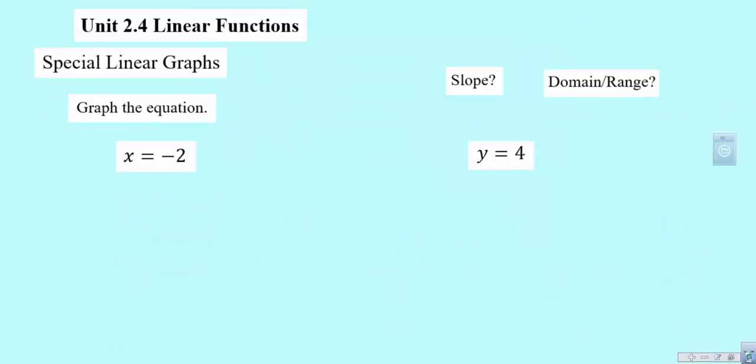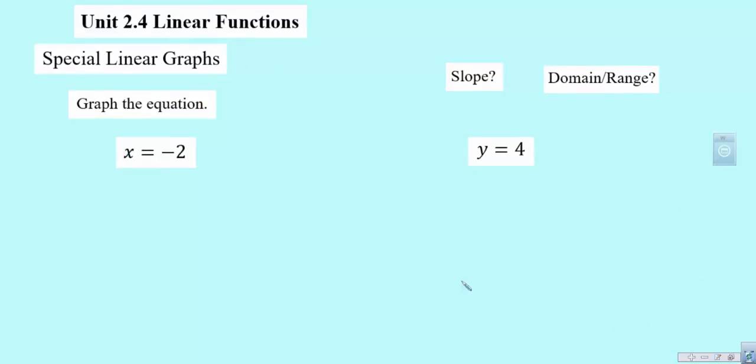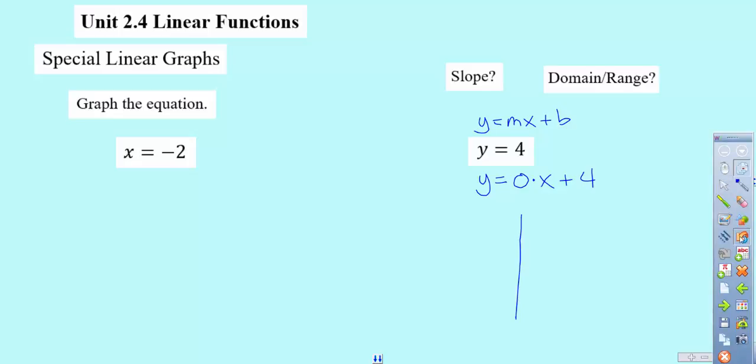Let's take a look. In this particular case, let's start with this one first. One way we can look at this is, if you think about slope-intercept form, it's y equals mx plus b. Well, in our case right here, we don't have an x. So that means our slope would be equal to 0. So that'd be 0 times x plus 4, because whatever we plug in for x would turn into a 0 and thus disappear. So when we start drawing a line or a graph of this, to draw a quick little sketch,